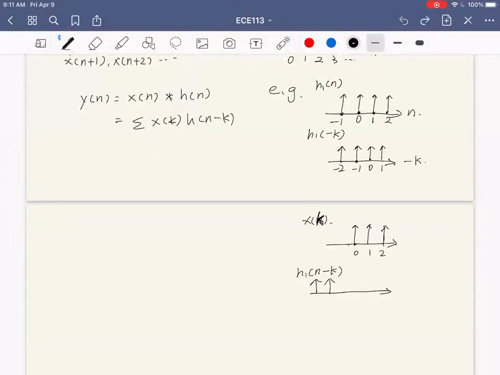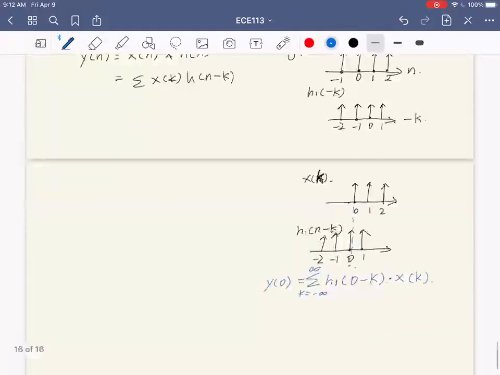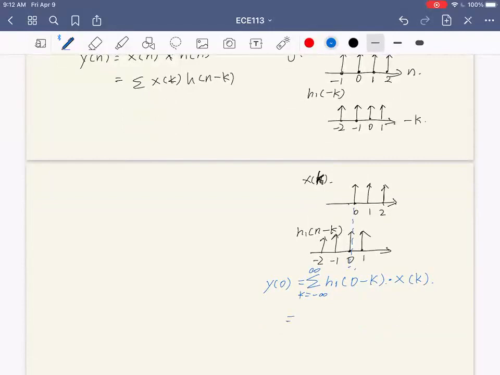When they have overlapping, like when they are 0 aligned, this is basically h of 0 minus k. And we'll get y of 0 equals the sum over k, right? And to explain it, we'll have h0 times x0, no problem with that, as well as